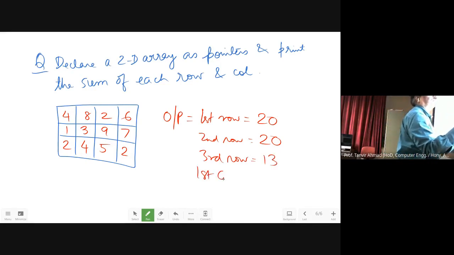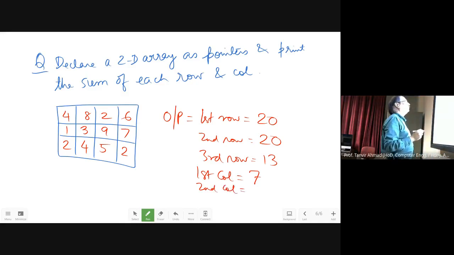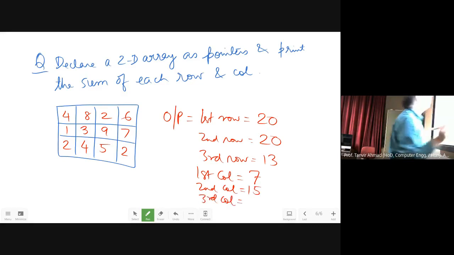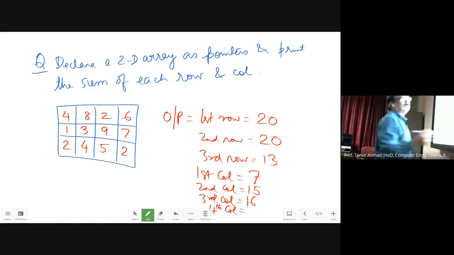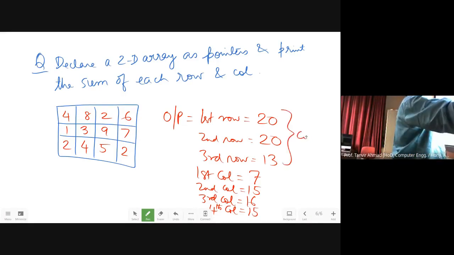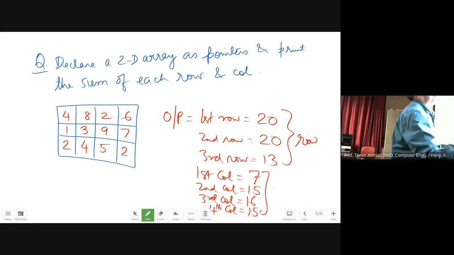First column 7. Second column 15, and third column 16, and fourth column 15. This is the output I want. This is for row, and this is for column.